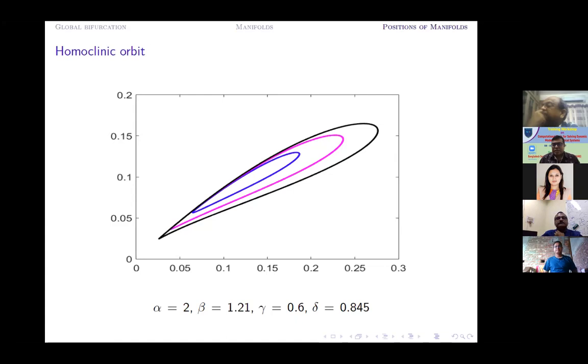Okay, thank you, sir. Next question is, can we have more than one bifurcation parameter? In case of codimension 2 or higher, definitely you should have more than one bifurcation parameter. In case of codimension 1 bifurcation, there will be one bifurcation parameter. In codimension 2, there will be two bifurcation parameters, and so on. Okay, so probably this is the last question.